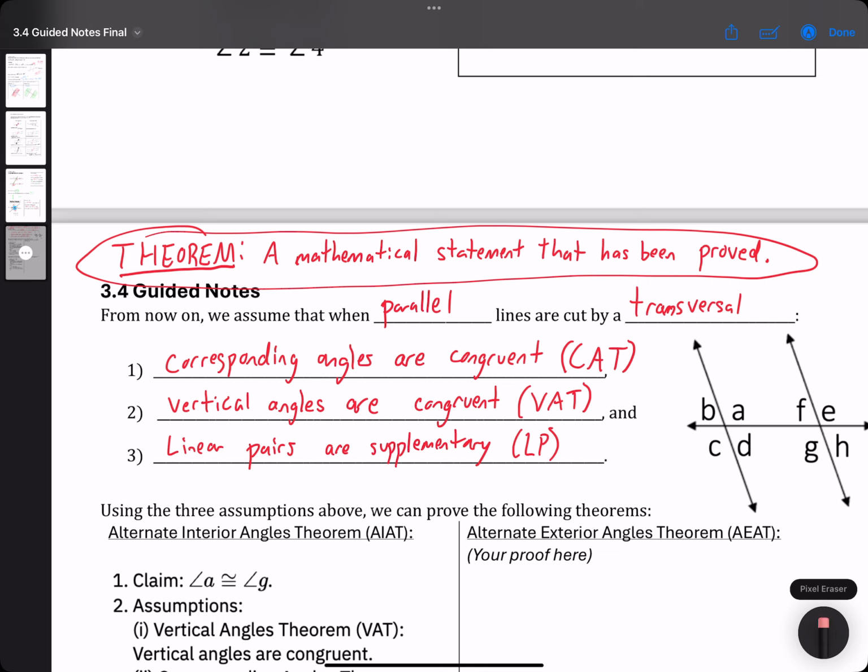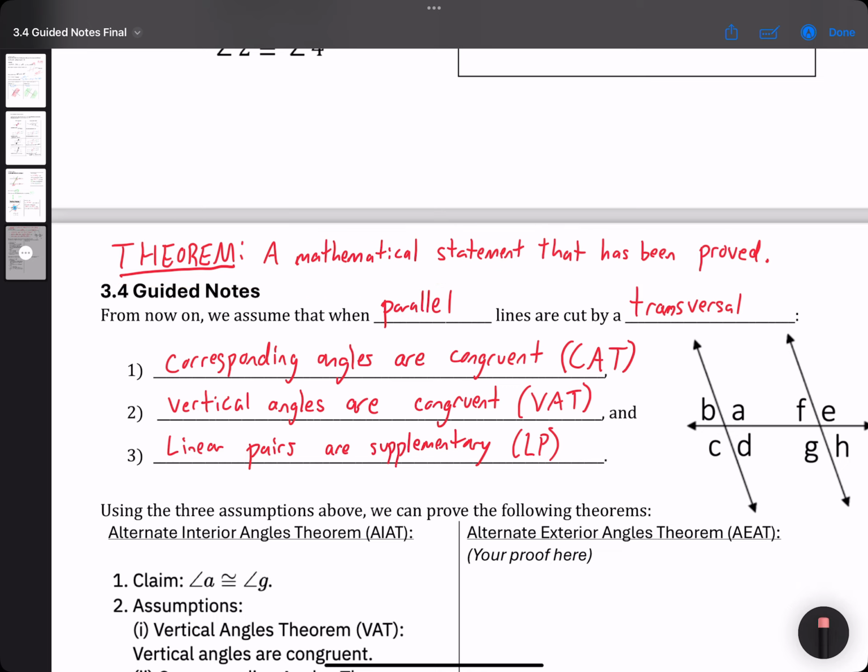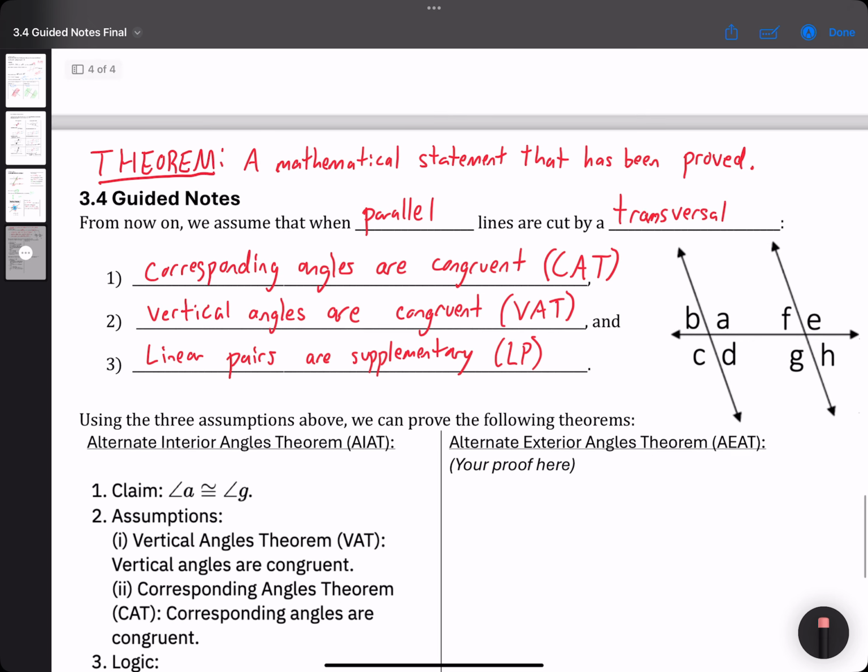So what does it mean to prove something? Well, I'm going to give you an example of a couple of proofs that something is true. We're going to assume a few key things, though. Whenever you are proving something, you start with assumptions. You start with things that you already know to be true. And we're going to start with three assumptions. When two lines are parallel and they are cut by a transversal,